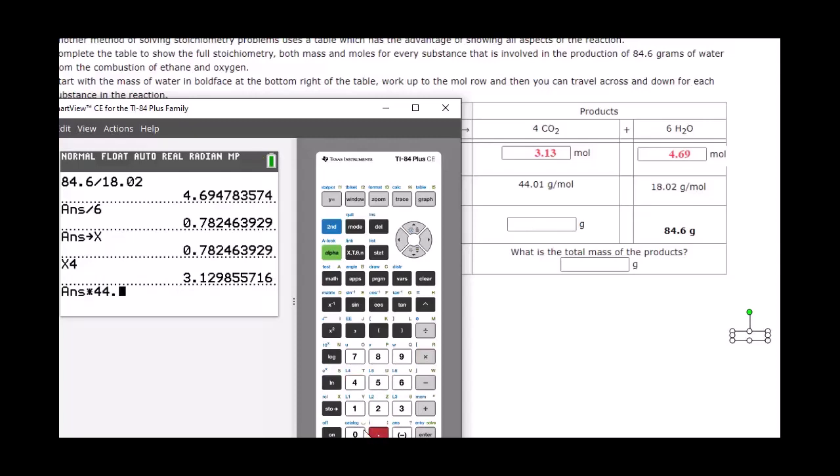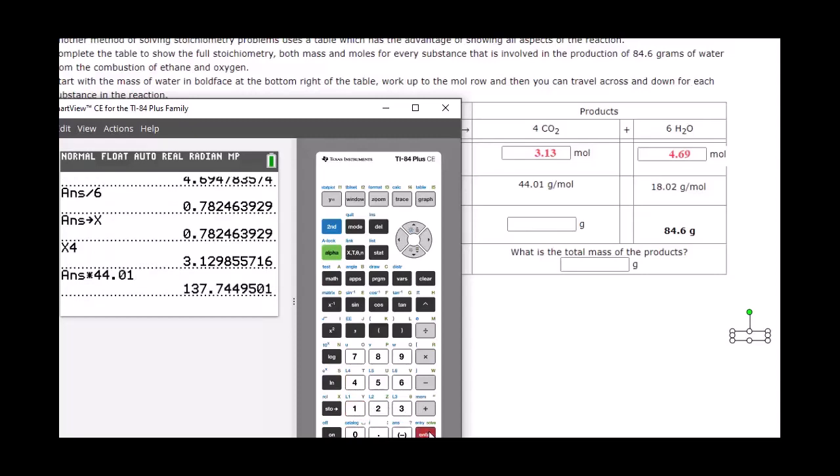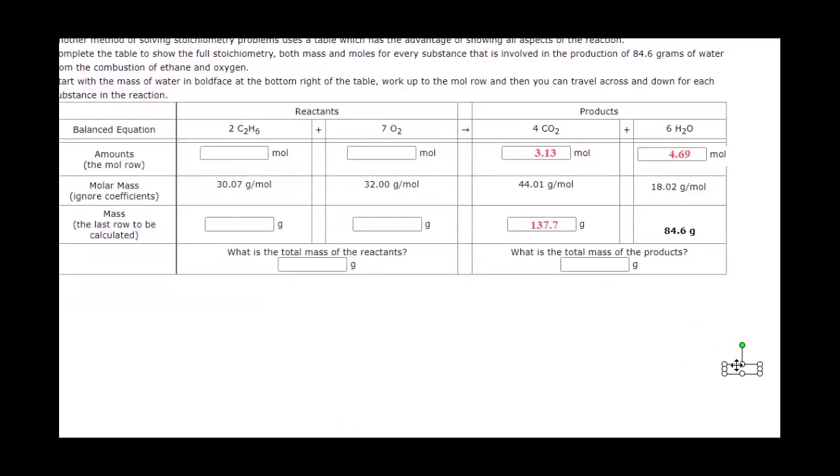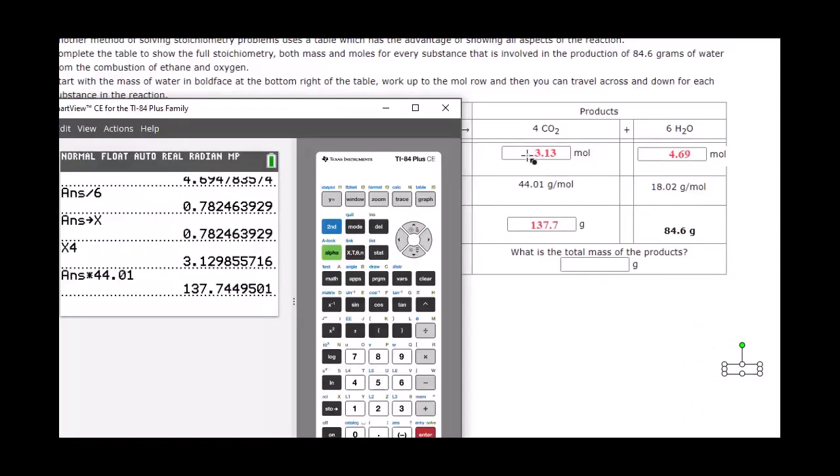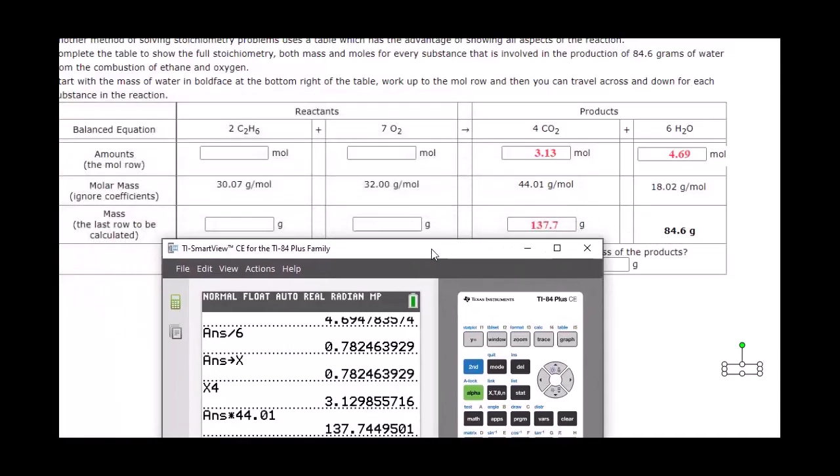And if I want to be really accurate, even though I don't need that total amount of accuracy, I'm going to get the grams of carbon dioxide. That's 137.7. Even though there are fewer moles of carbon dioxide than water, the weight's greater because the CO2 has a higher molar mass. Fewer molecules, but each molecule weighs more than double. We would get 137.7 grams of carbon dioxide when we make 84 grams of water